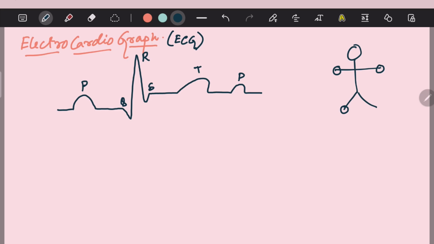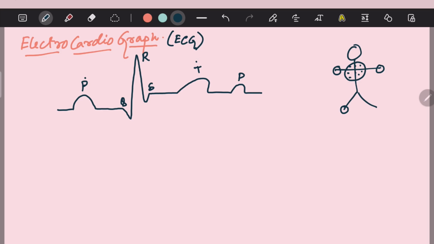For a detailed evaluation of the heart's function, multiple chest leads are attached to the patient's chest region and then we get a detailed cardiograph. Now, this is the most simple representation of the electrocardiograph, and let us first understand its significance. Once we obtain this electrocardiograph, we get these elevations, these peaks on this graph, which are named from